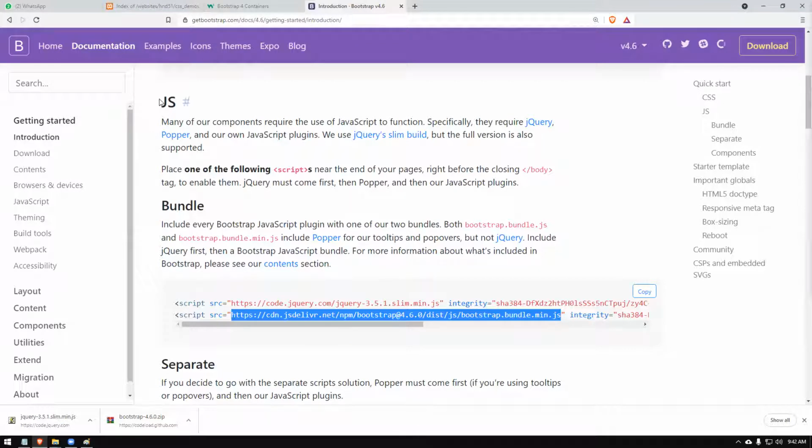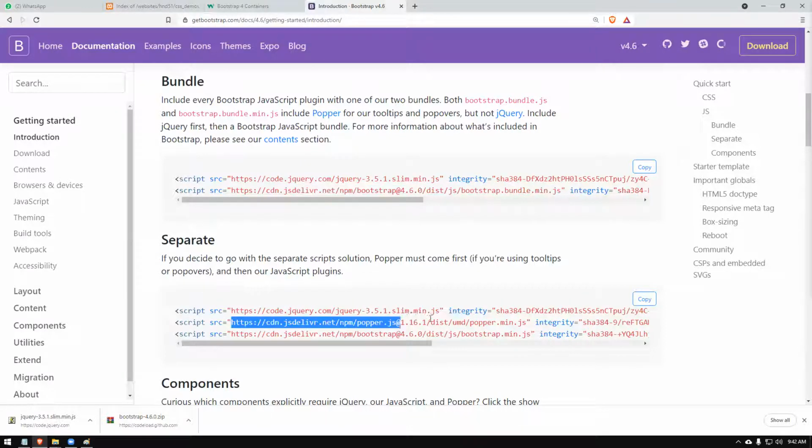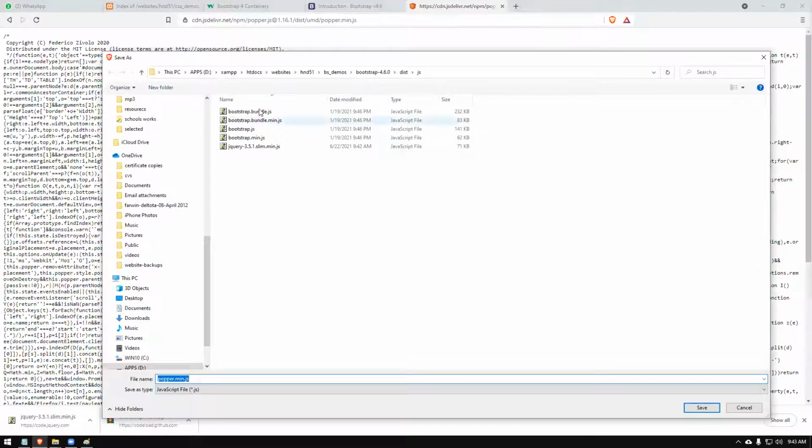So we need to take the Popper.js. Here you have it. So we'll take it from here, Popper.js. If you have a doubt, talk to me. Just save this one. I'm saving it inside the same folder, right? Okay. Those are the files that I need. Okay, done.